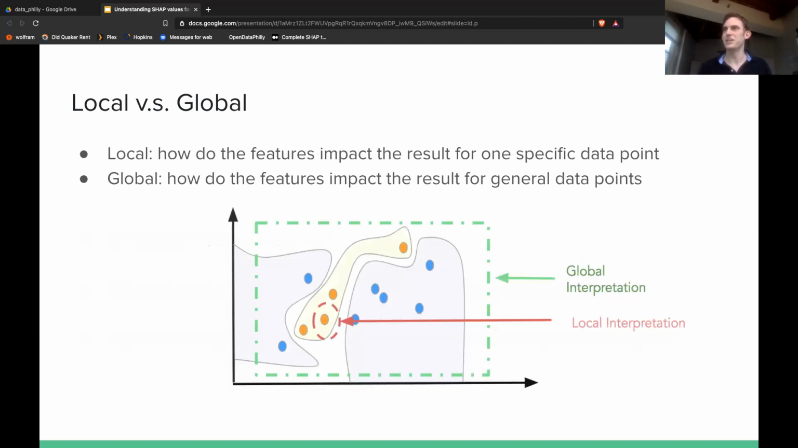So like I was just saying, for feature importance, there's a local interpretation and a global interpretation. Local is how the features impact the result for one specific data point, and global is how the features impact the result for general data points. So this picture, hopefully we can understand it here, is we can assume we just have some two-dimensional parameter space. We have these two different classes of objects, and we build a model that is trying to determine between the two classes. So if we look at this data point here, or just this region in red,